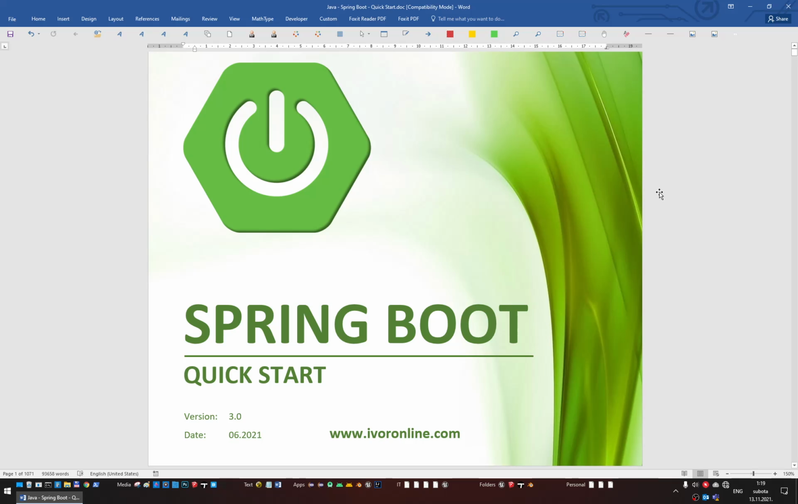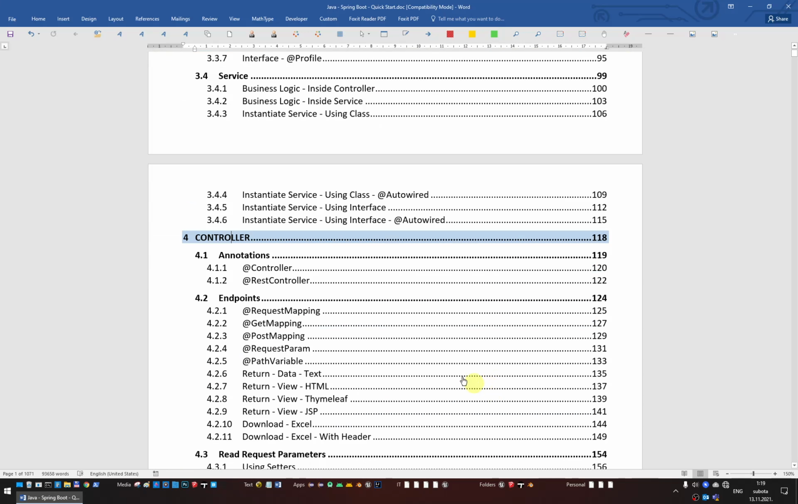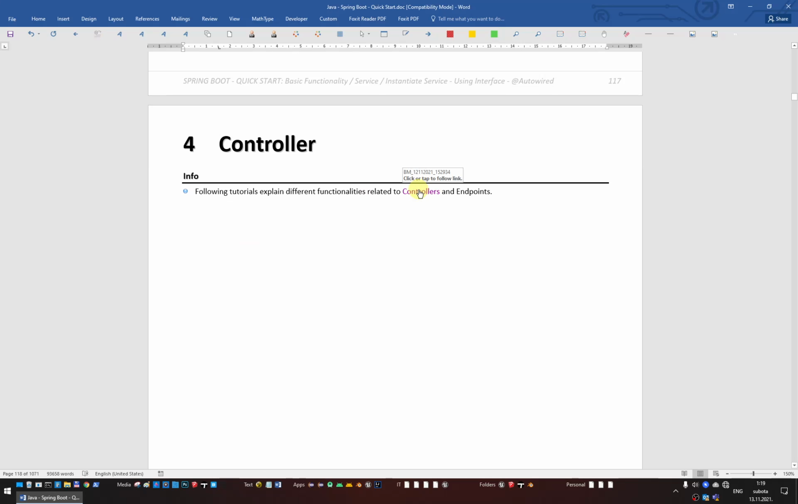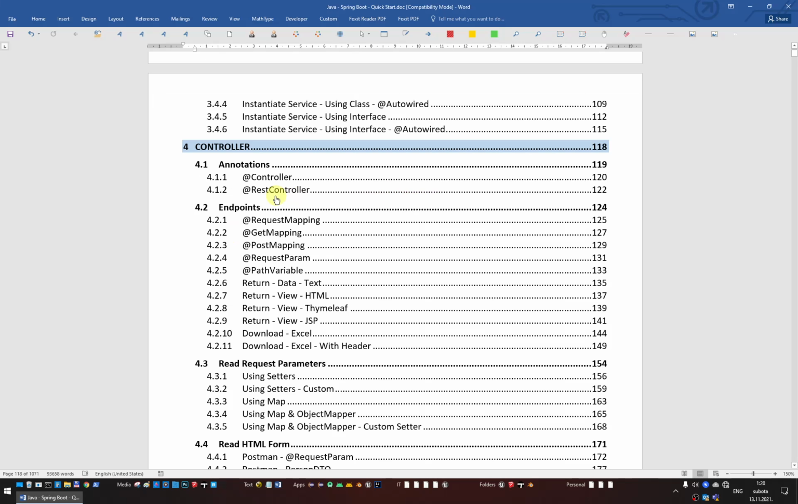In this tutorial, we will cover chapter 4.1 of the book Spring Boot Quick Start. This chapter is a subchapter of chapter 4 that covers controllers and endpoints. So in chapter 4.1, we are discussing two annotations that can be given to a class, and this